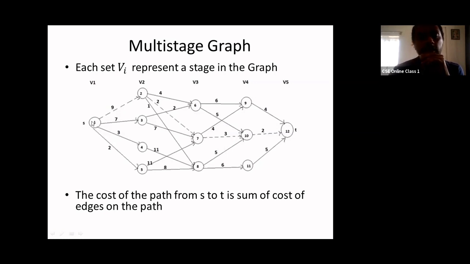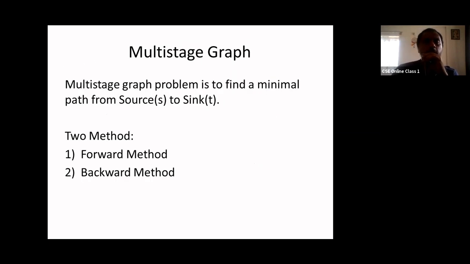A feasible solution here is indicating that the path should originate from the source vertex and it has to end at the sink vertex. So we may have multiple feasible solutions, and dynamic programming is one of the techniques that will try to find the best feasible solution, which we call the optimal solution. Now, what is the optimal solution? Here, in this case, a multi-stage graph should find a minimal path from source to sink. Fine. So we may have multiple paths available, and it has to find a path which has a minimal cost of travel from source to sink.